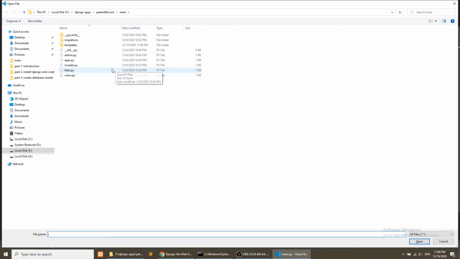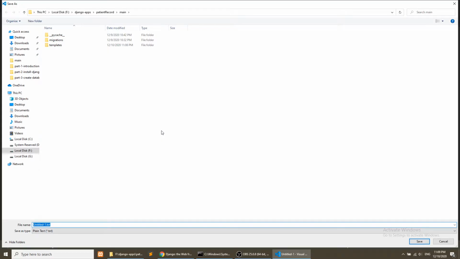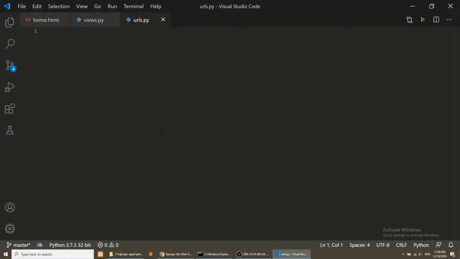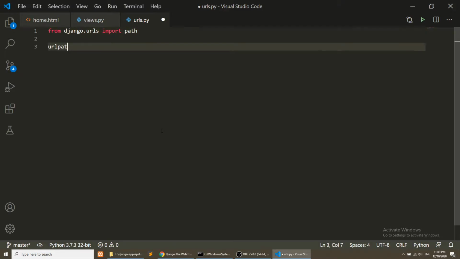Okay, and in the application we need to create the urls.py file, which acts as a router, in which we will point this function. So let's create it and understand all the things. We will create the urls.py file, and in this we will import path, and we will create urlpatterns.